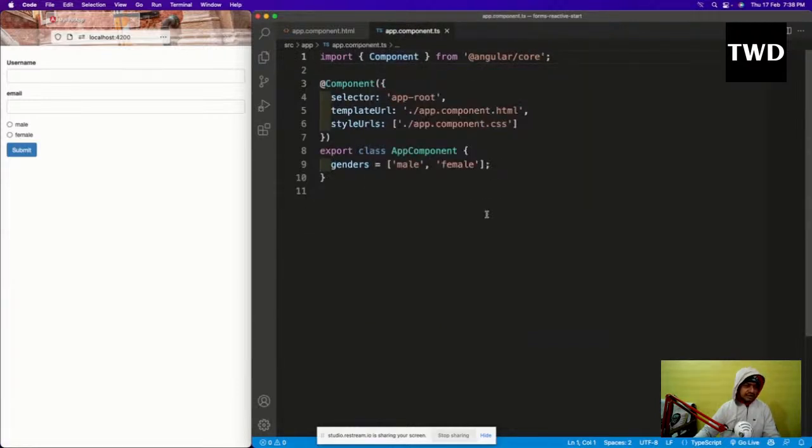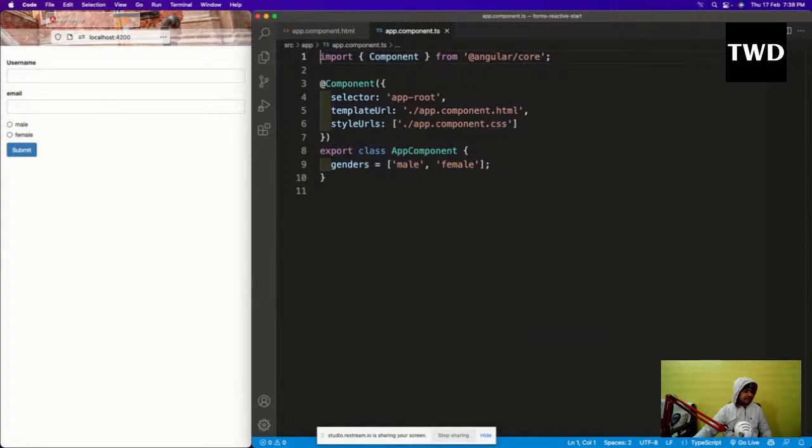app.component.ts file. Why are they known as reactive forms? Because reactive forms start with the ts file. There is more code in the ts file. It is not that there won't be code in the html. There will be, but the code will be mainly driven from the ts file, not from the html file, like in template driven. HTML files are also known as templates in Angular. Okay, so that is like that.